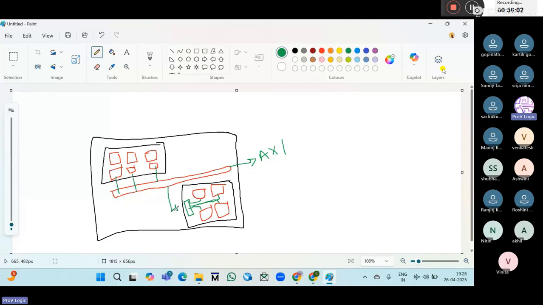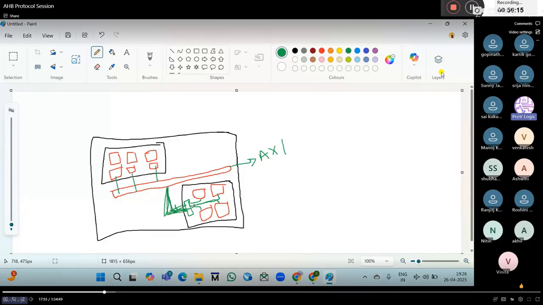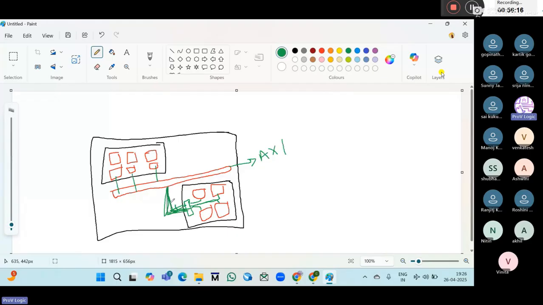Tomorrow we will discuss the AHB to APB bridge and how to design it. It will connect just like this: these signals and these signals will be connected. It's a block here. Okay. So next,